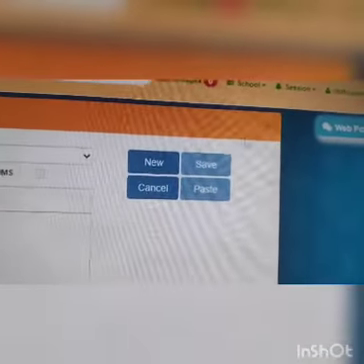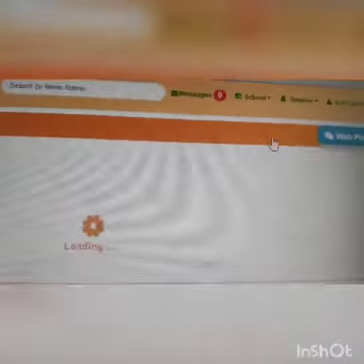Now let us see from the child's perspective how the child will view this.